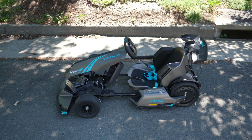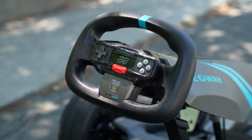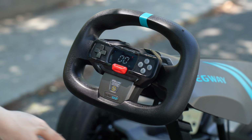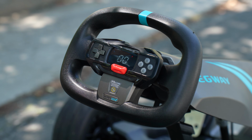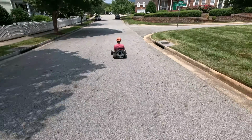At least in my opinion, they're a little gimmicky. This can be used as a sim racing rig, which is actually really cool, as it has paddle shifters and some haptic feedback, but it just logistically doesn't make a ton of sense to me, as you'll need to move this to a racing setup with a monitor or TV. And then when you want to use it outside, you're gonna have to move it back outside, and it might be dirty or dusty. It just doesn't seem like many people are going to do this, but hey, if you want to do it,